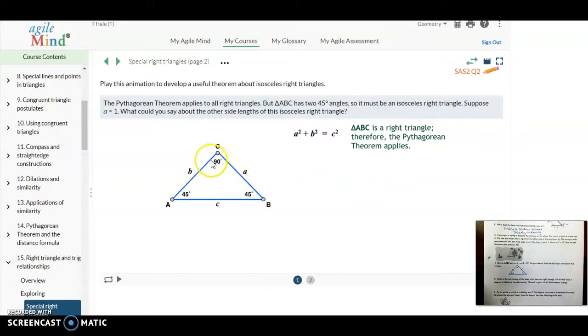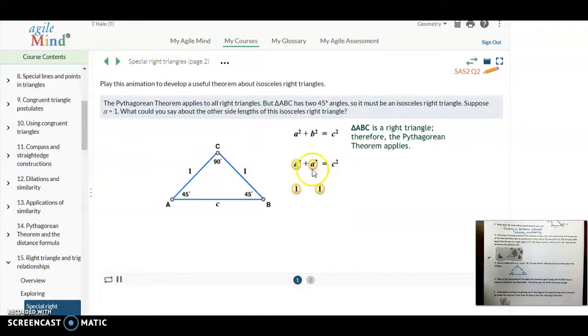So here again, we knew this was 90 degrees because that was what was left over from the 180 degrees after the two 45 degree angles. The legs we can label as A and B, and the hypotenuse is C. And like I said, we could apply the Pythagorean Theorem since it is a right triangle. Now, since the legs are congruent, I really don't need two different variables for them. I can have them both as A. So now instead of A squared plus B squared equals C squared, I have A squared plus A squared equals